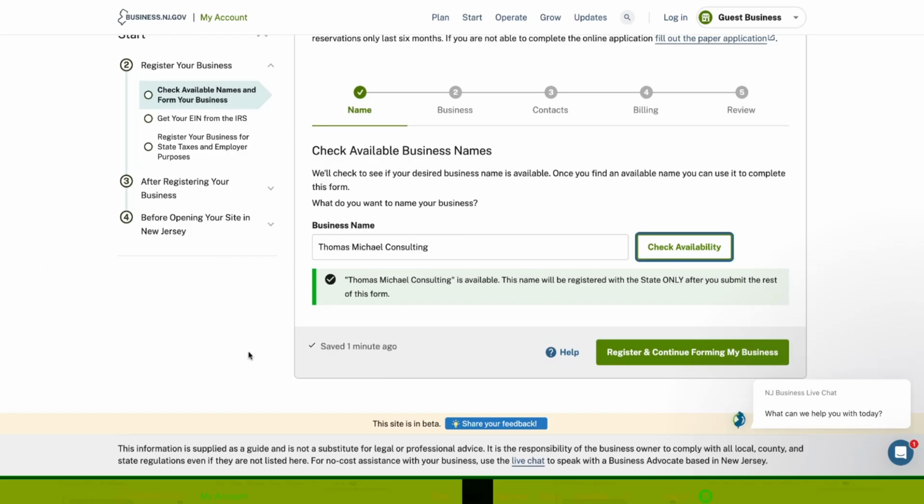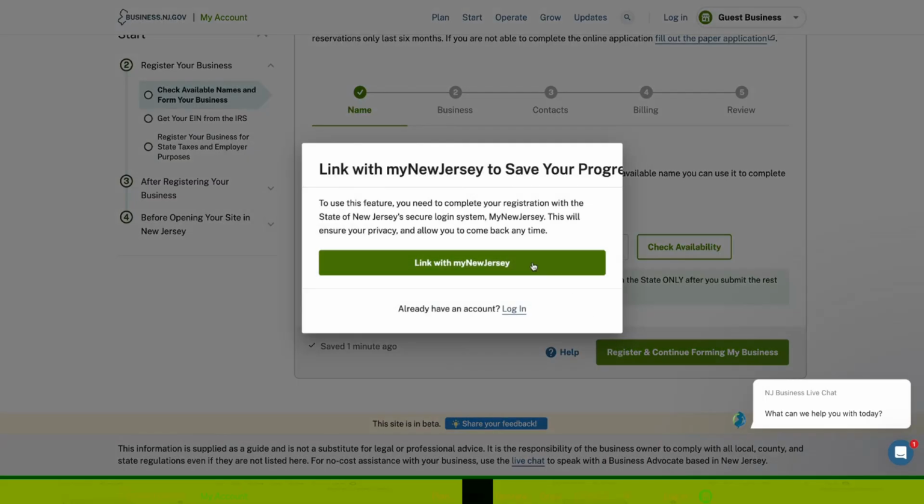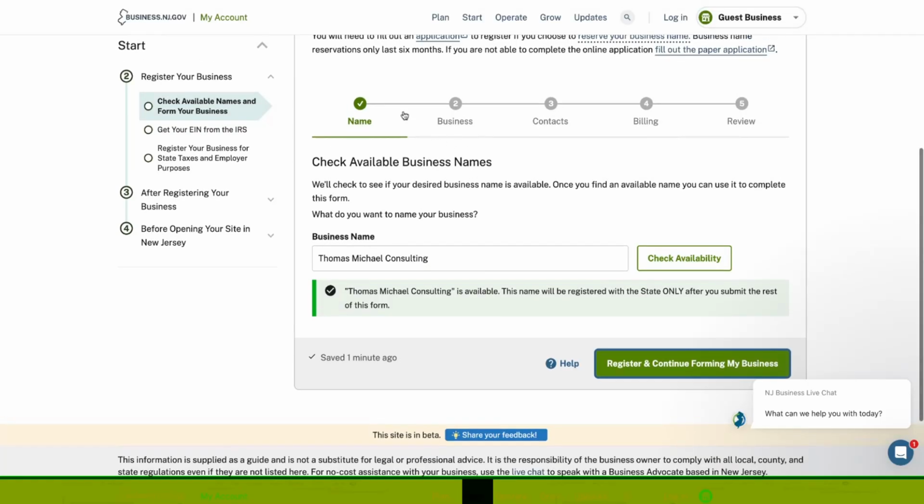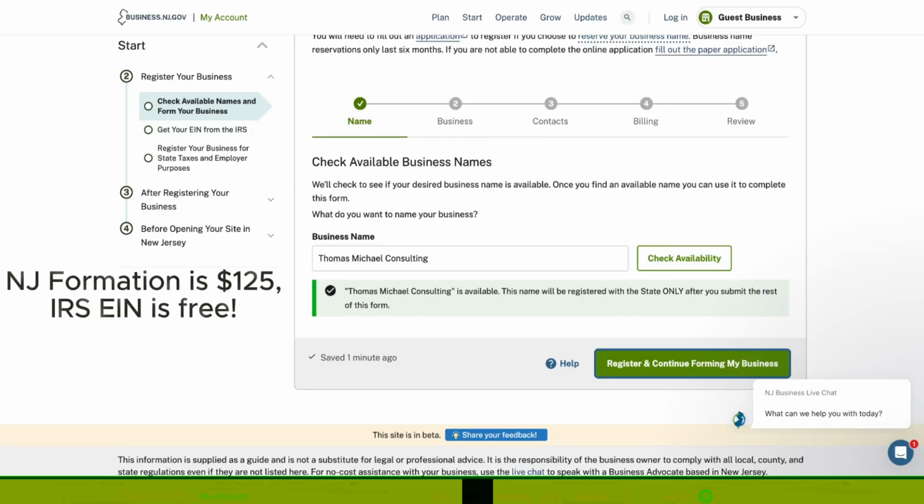So now that we've got a name, let's review what would be next here. Let's just continue on. Okay, it says link with MyNewJersey. I'm not going to be able to go through the entire thing, but you do want to follow the rest of this through. You see how it says name, business, contacts, billing, and review. You want to follow the rest of this through, because after you do this, it'll give you your formation